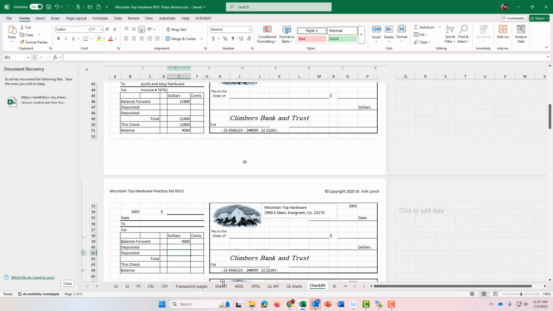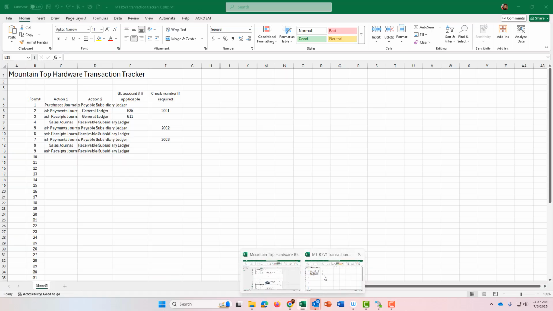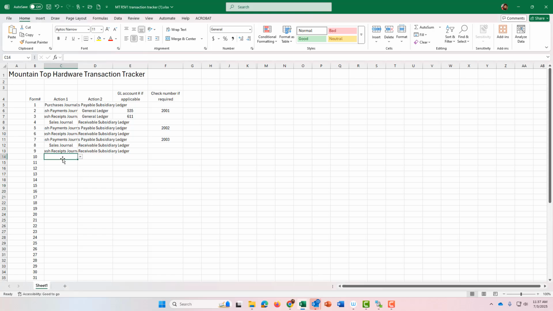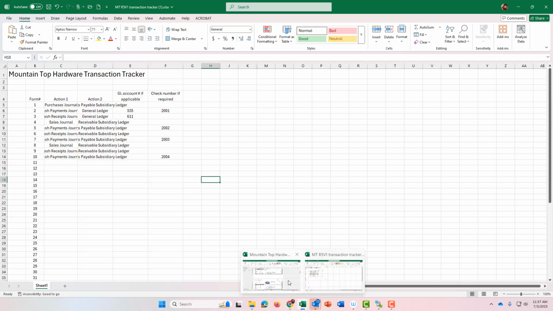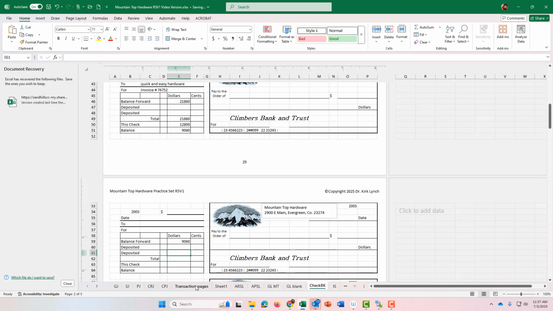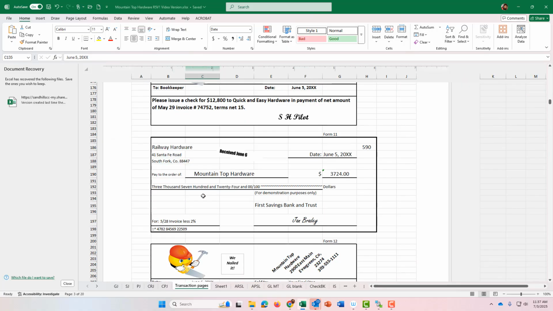And that's the final thing we have to do here in our transaction tracker spreadsheet for Form 10. We went to our cash payments journal. We went to our accounts payable subsidiary ledger, and we wrote check number 2004. So that'll be the end of this video. When we come back for the last video that I'm going to do for you, we're going to be here on transaction number 11. I hope this was helpful, and I'll see you